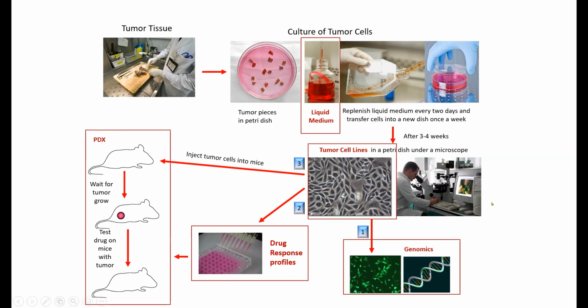So you can do both. And then some people are also taking the tumor pieces and sticking them directly into the PDX mouse. Now, the problem with the PDX mouse is they're expensive. It takes a long time, and the tumors don't always grab in the mouse either. Now, what we're trying to do here is change this paradigm of weeding out all of the